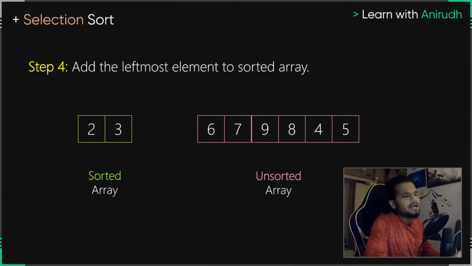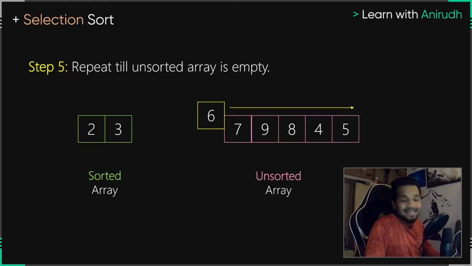So let's consider sorting the entire array now. What's the next step? The next step is simple. All we had to do was follow until step number 3, and then we have to repeat the entire thing. Pick up the first element in the unsorted array. What is that? It is 6. We picked it up. So what do you do after you pick it up? You compare it with the rest of the unsorted array to find out if that element is the smallest element there. Now, is 6 the smallest element in the unsorted array? Absolutely not, because we have 4 there. So what do we do? We swap 6 and 4.